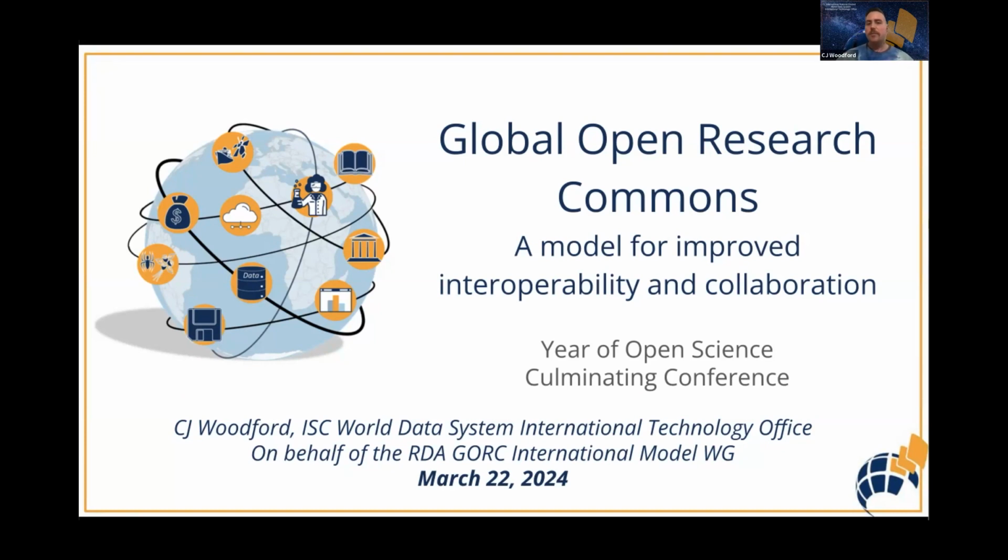And the types of things that we work on is already kind of been touched on by Gray and by the NF portal. And so we're looking at things not just on a discipline scale or a national scale, but really looking at it from an international interoperability scale. How do things work together on this global research ecosystem that we want to have? And so what we've created is a model for improved interoperability and collaboration as you're building or working through research infrastructures like repositories, or what we like to call commons.